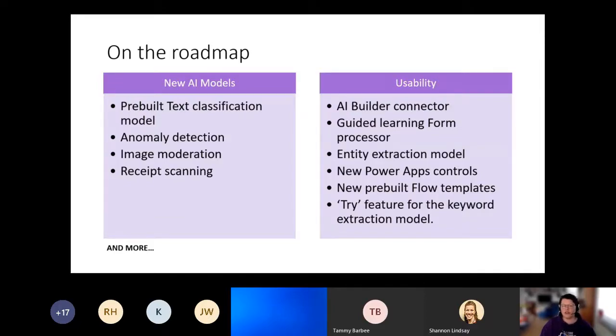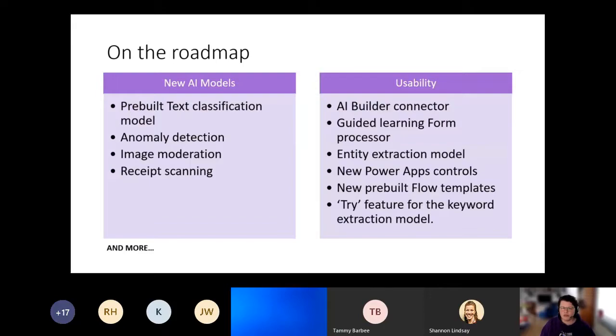Another thing that they're going to update is guided learning in the form processor. At the moment, you have to rely on the model to detect how your form is made up. If I was able to demo it, you would understand a little bit better. But the guided learning will be like the object detection, where you can just select parts of your form and say what it is. So you don't have to rely on the model to understand your form. You can help it along.